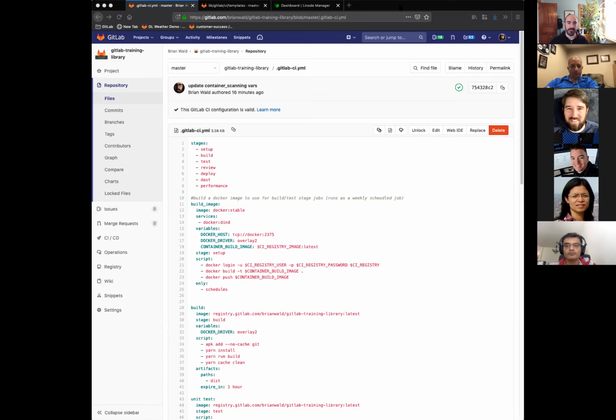This job here, since it doesn't need to happen that often, is pretty much a static standard image. I've got this set up so that it only runs on schedules. I've defined a schedule that this is going to run once a week. So if I go into my scheduled pipeline, I've got it running every day at 4 a.m. And so it just rebuilds that image